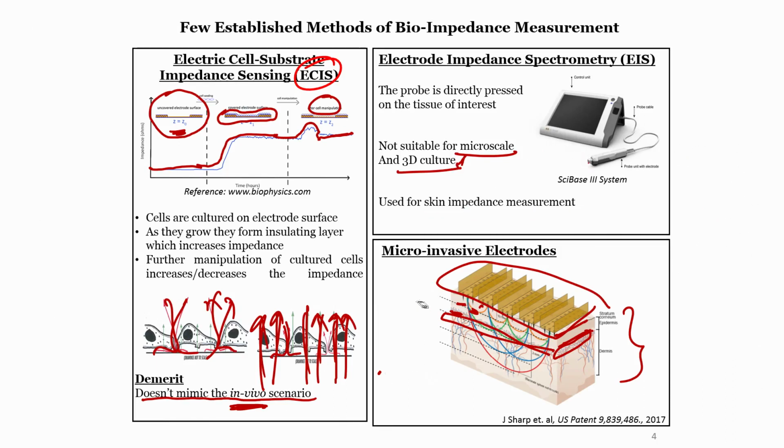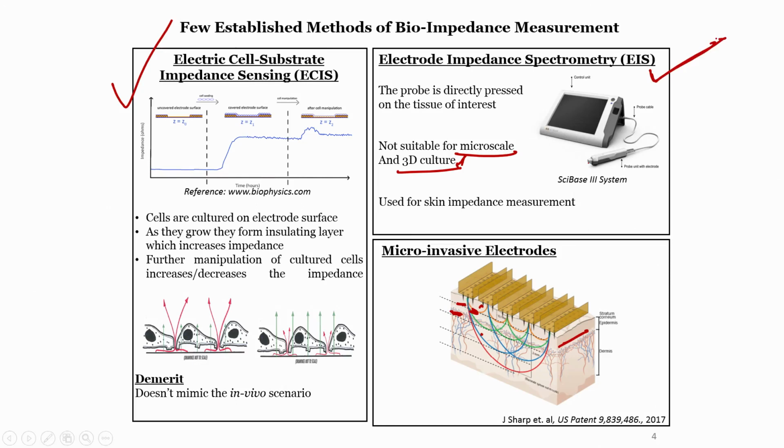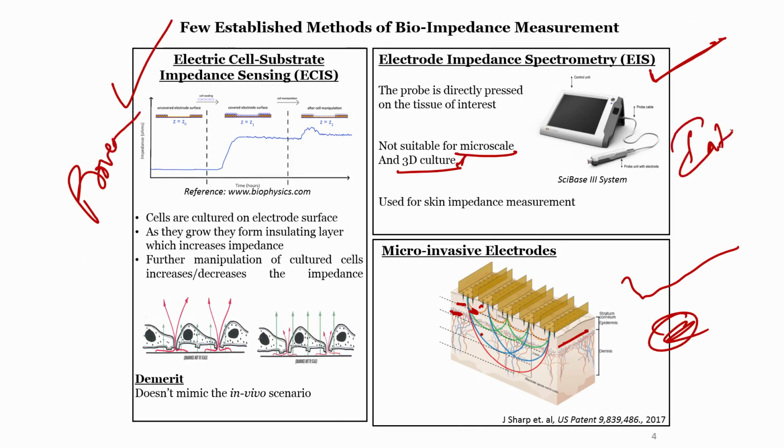So we have seen electric cell surface impedance spectroscopy, which is a very well established technique, available in the market, and people use it very much for different applications. So this is a very proven technology. Electrode impedance spectroscopy has also been there for a long time, but its use is only being explored now, not fully utilized, and this is purely research. This is the latest technology, this is a proven technology, and this is somewhere in between, intermediate. This is the latest, but not fully proven.